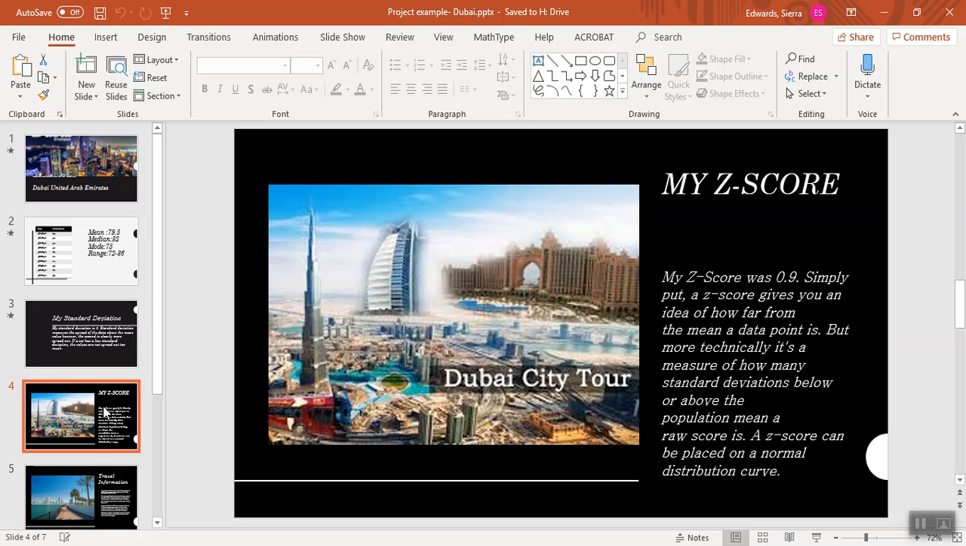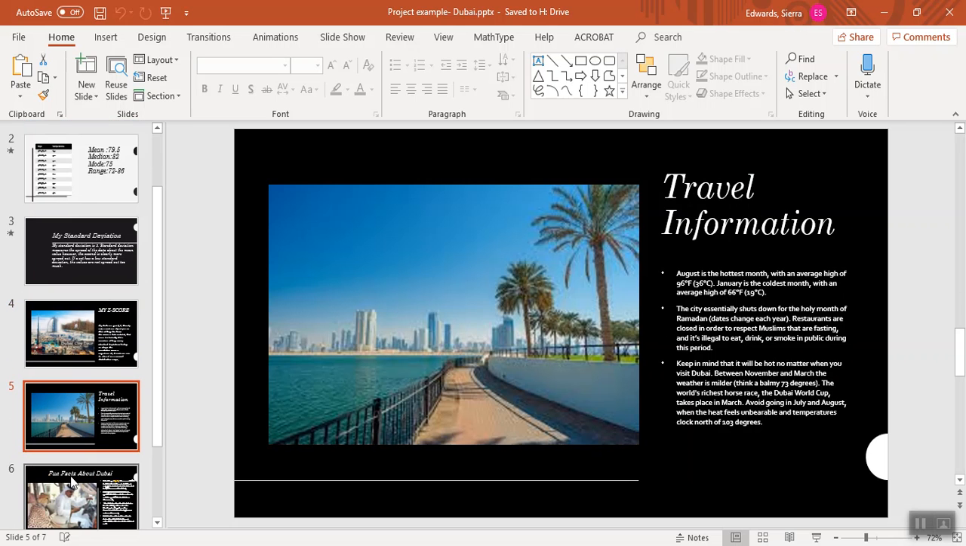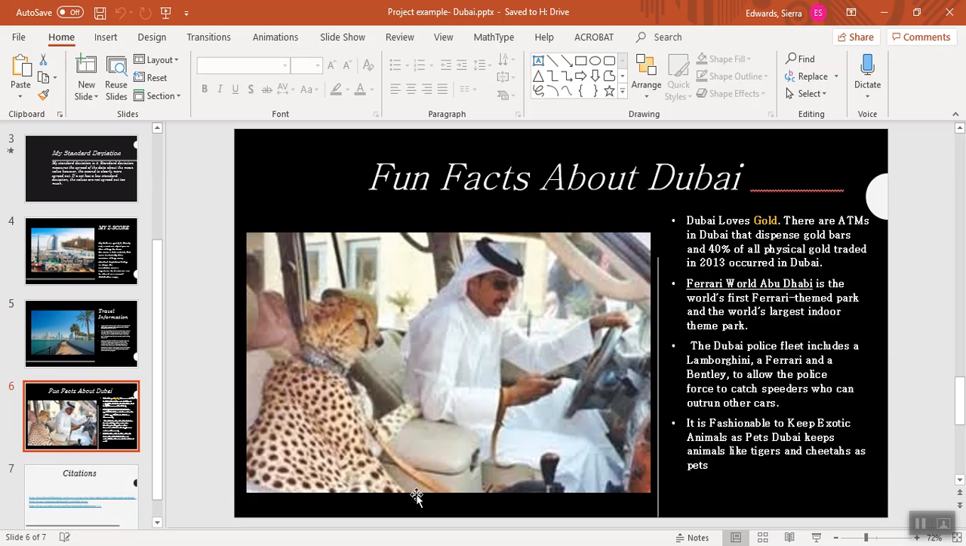So all she had to do was put in here, my Z-score was based on this date for this temperature, and my Z-score was this. All right, then she added travel information. Hold on one second. Okay, so she rounded up her project with fun facts about Dubai